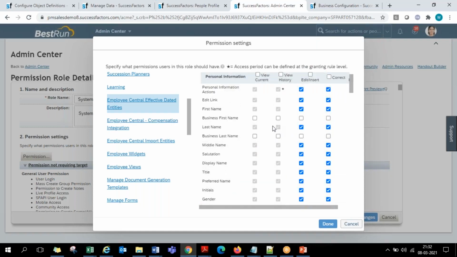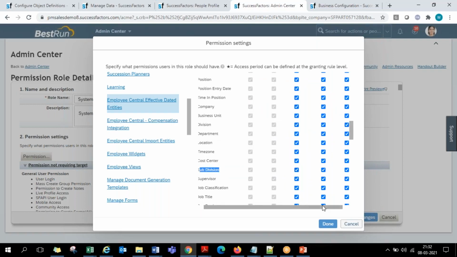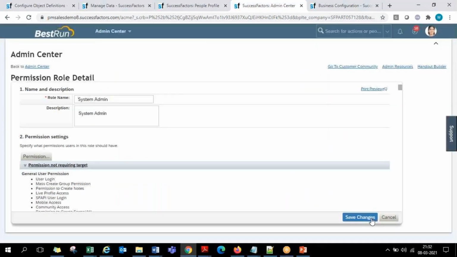Okay. So now, because I have given this permission, guys, for the newly added field at the job information level, that is the subdivision field, where it is here, the subdivision as one more field, I selected all the checkboxes now, right? So now if I save it, I just spent quality time on that permission. I just want to give you an understanding of how the permission works. That's why I spent that much time there.